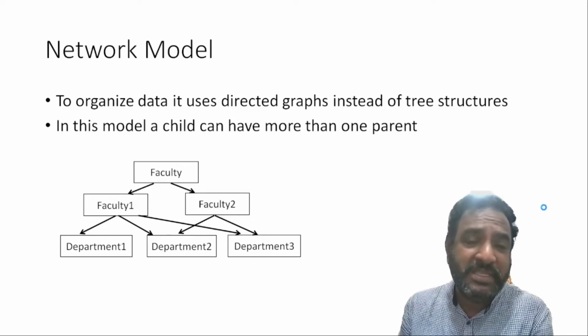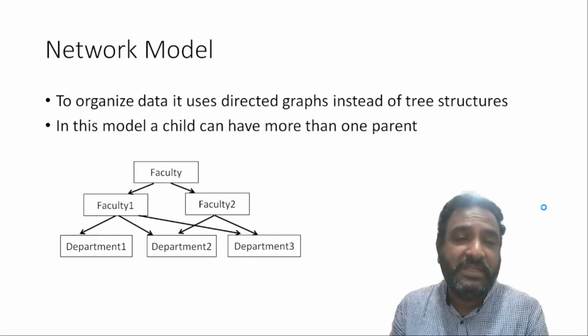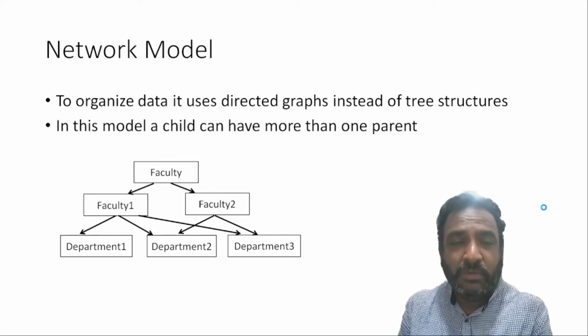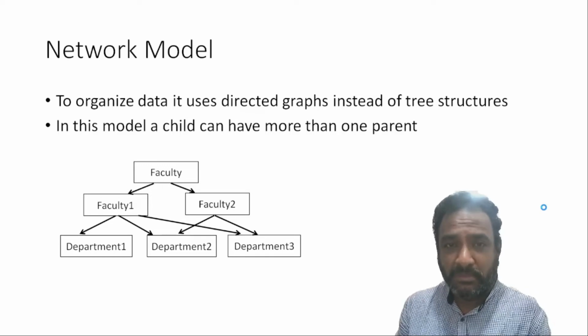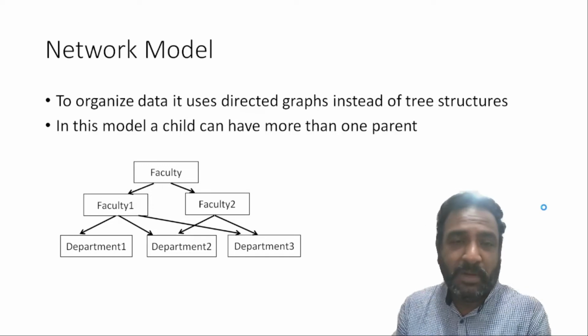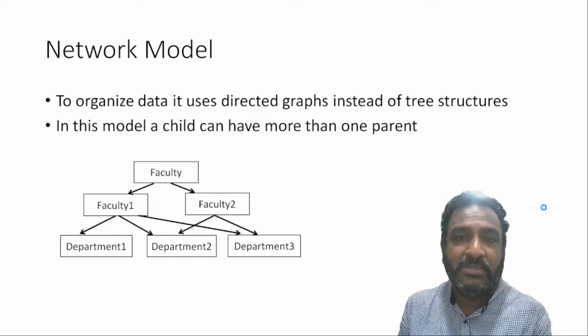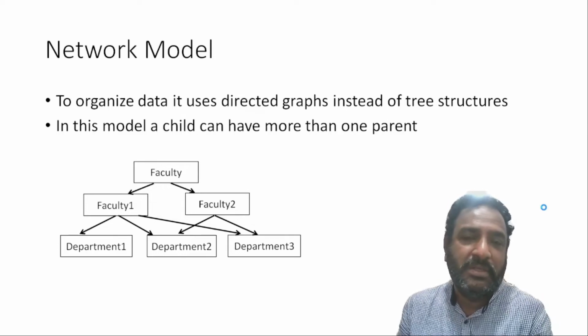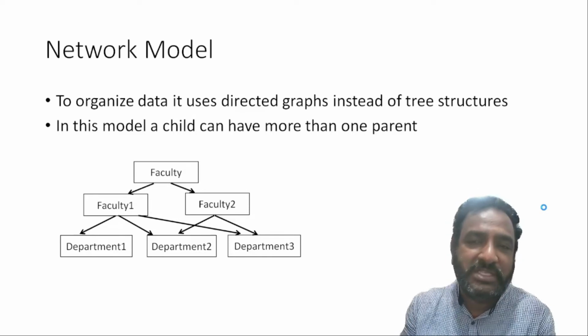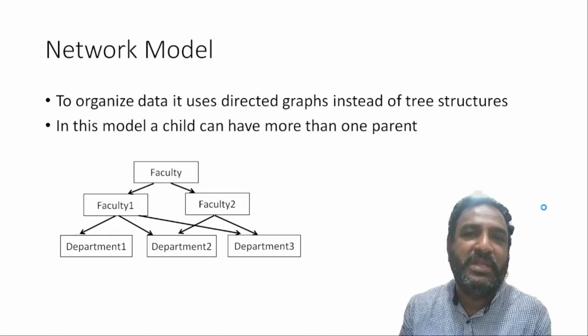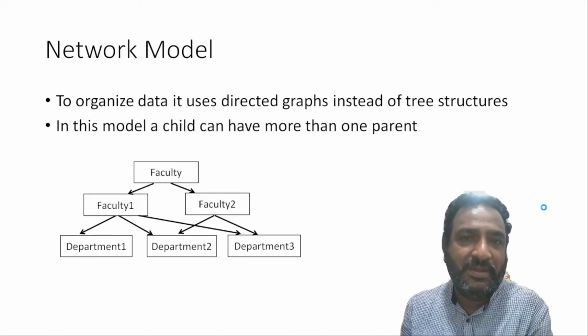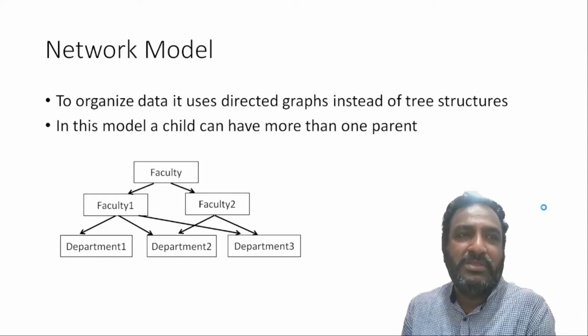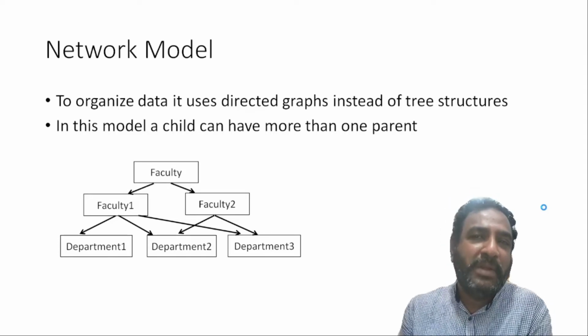For example, let us say there are n number of faculties in the college. Maybe one faculty goes to only one department, or one faculty goes to multiple departments, or many faculties go to many departments. It's possible, and that is an advantage. Once such types of relationships exist between the objects, it's possible to access the data easily. That is one advantage. But maintaining the information in a network model is complex, because to implement this network model,